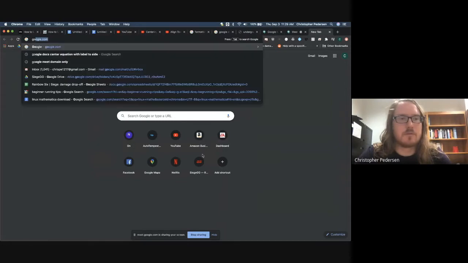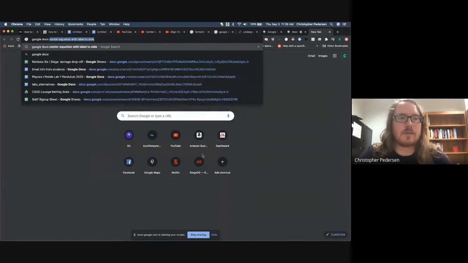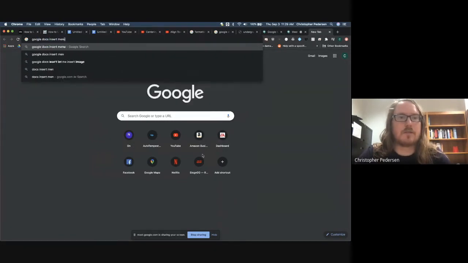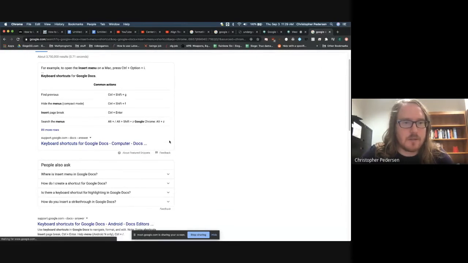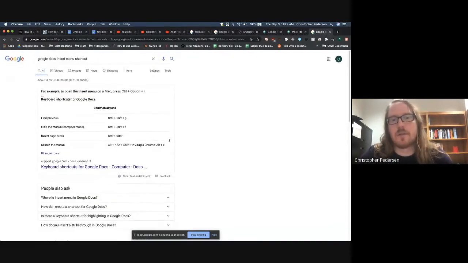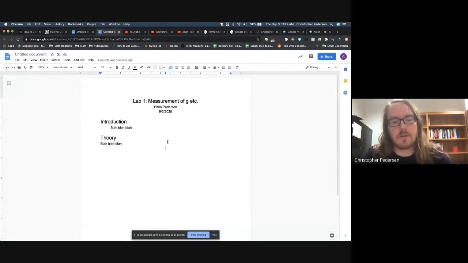So if you just do Google Docs insert menu shortcuts, whatever, I'm sure you can look that up. You might need to search a little bit, but I'm sure you can find it for Windows and stuff fairly easily. On Mac, it's Control